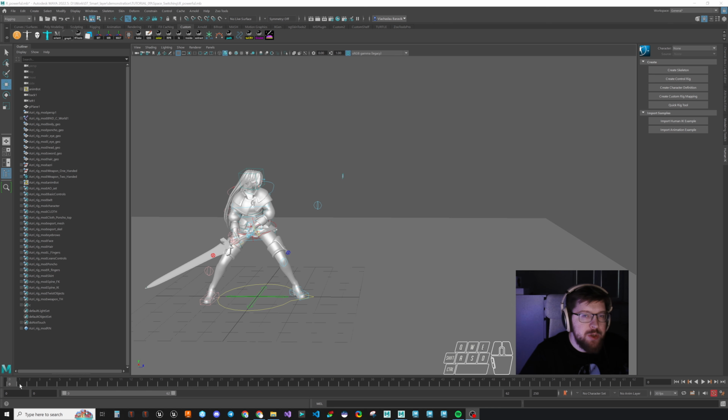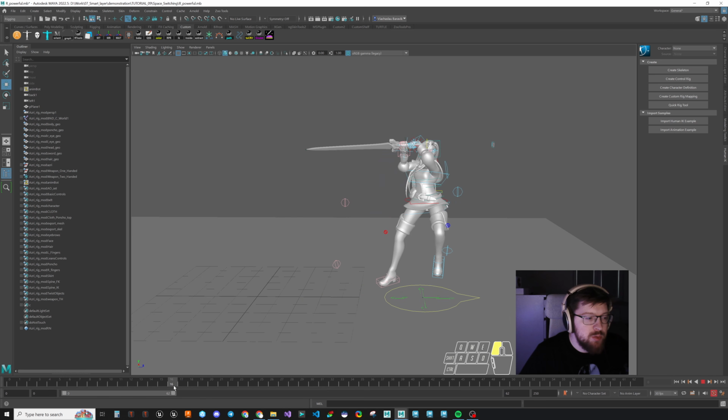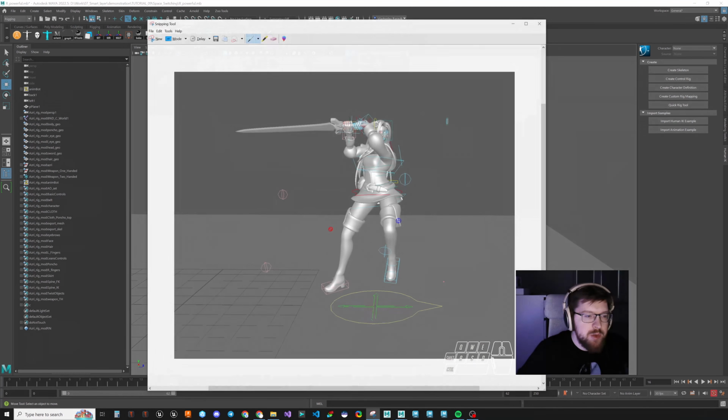So the first case where we can use space switching and animation snapshots would be if we want to track some position of the object in the world space. So for example, here I have an animation, and probably you know that when we create some animation, we need to track some positions in the world space. For example, here we would like to track the positions of the feet, like exact motion trail in the world space, of the knees, of the pelvis, of the chest control, also the elbows, trajectories, maybe the head, and maybe the hands and the